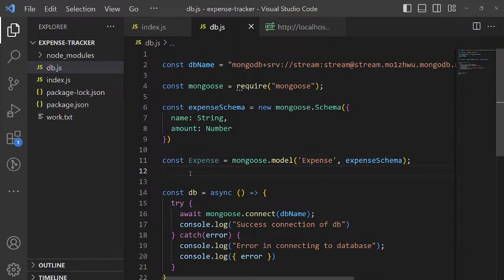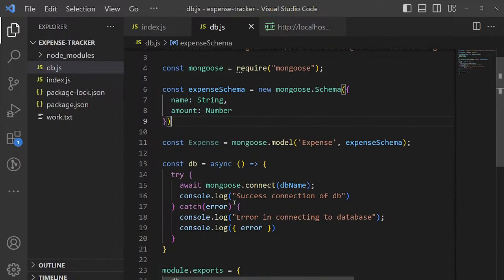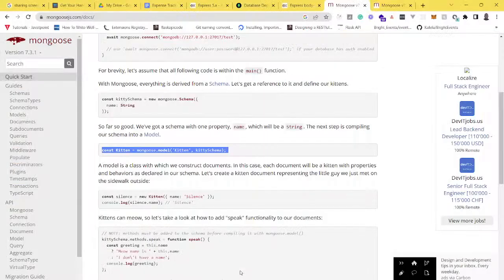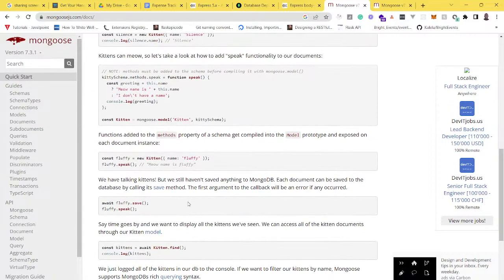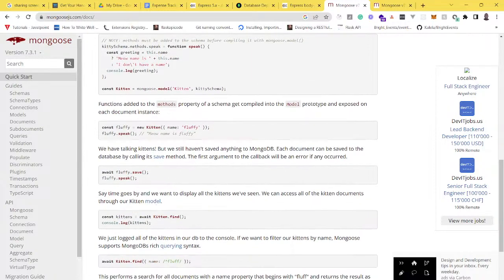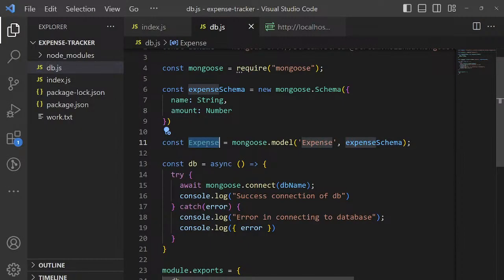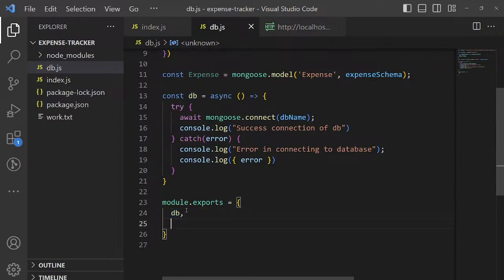And one of the things I will need is we can import this schema. Okay, so what we'll do here is to export this expense